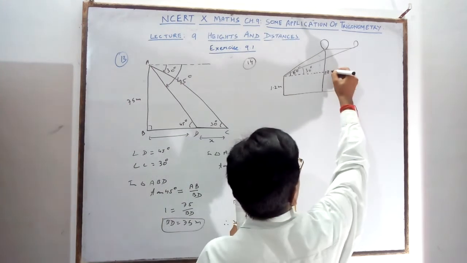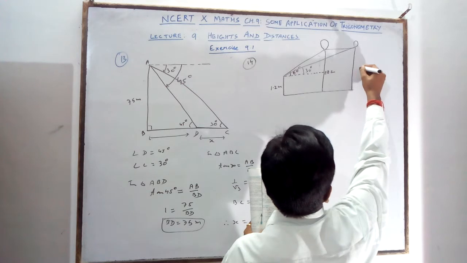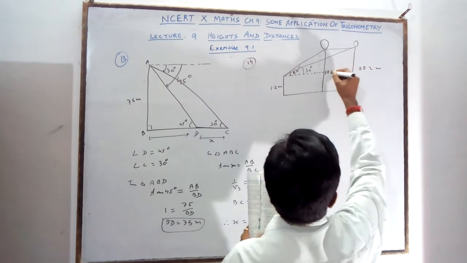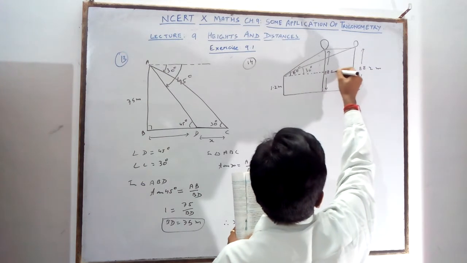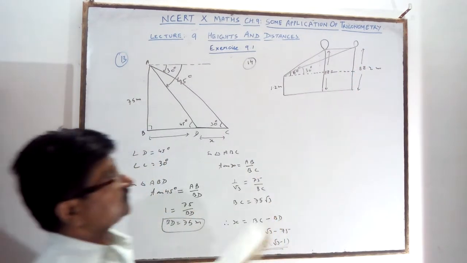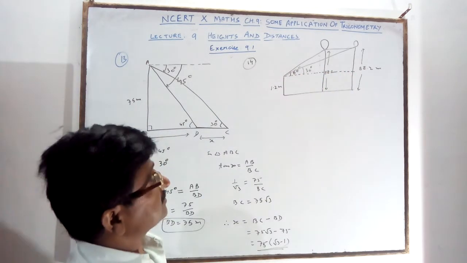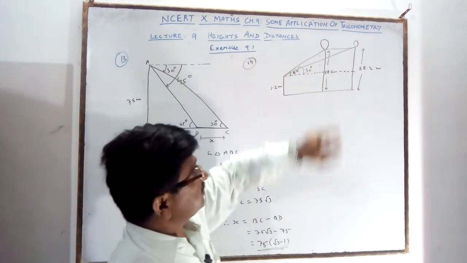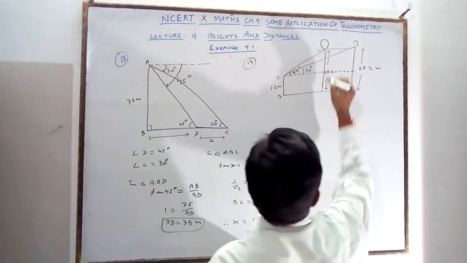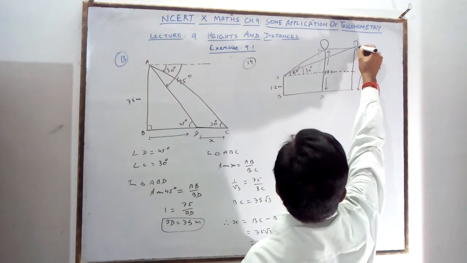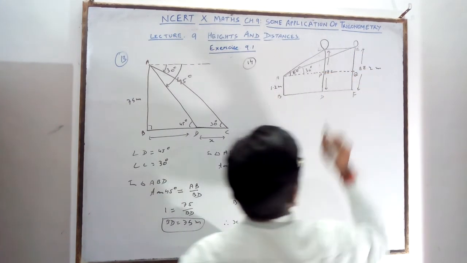And you are seeing the height will be the same. The height of this is also 88.2 meters, the total height from here to here. So when you produce this line, you are getting this. These are the two figures. The balloon is like this, 30 degrees and 60 degrees. AB is the girl, CD is the first position, EF is the second position. P and Q are these points I have taken.